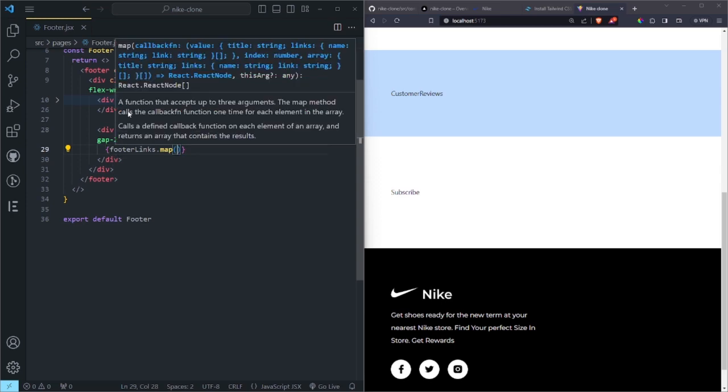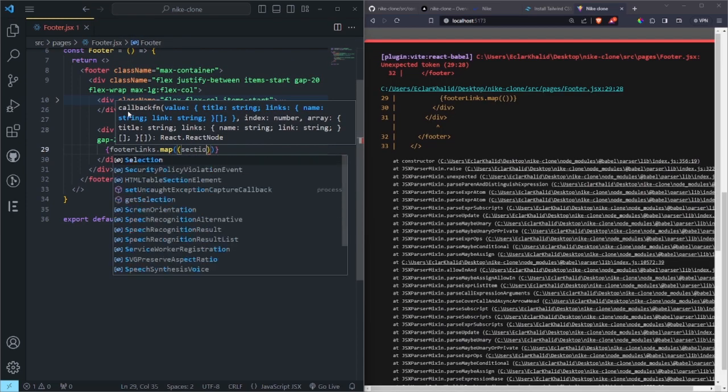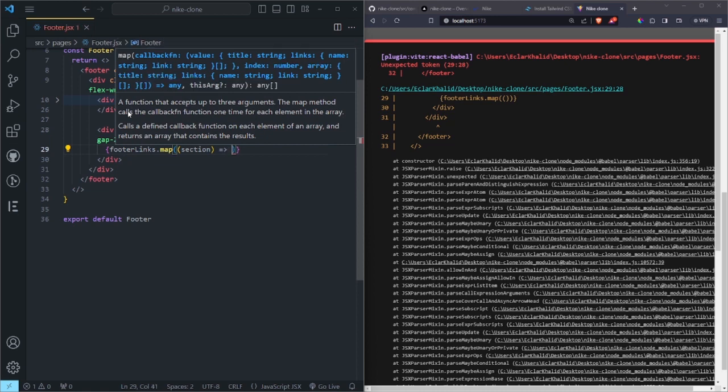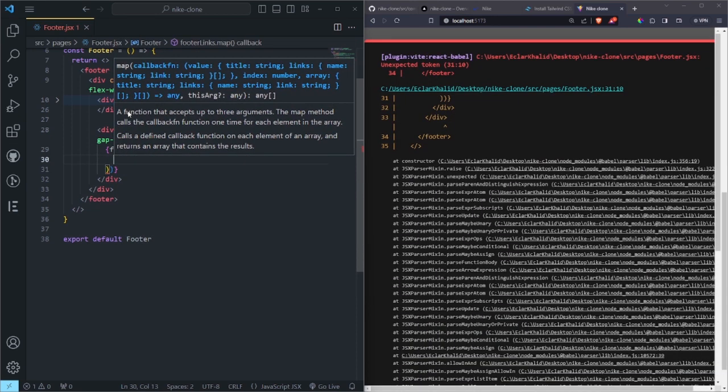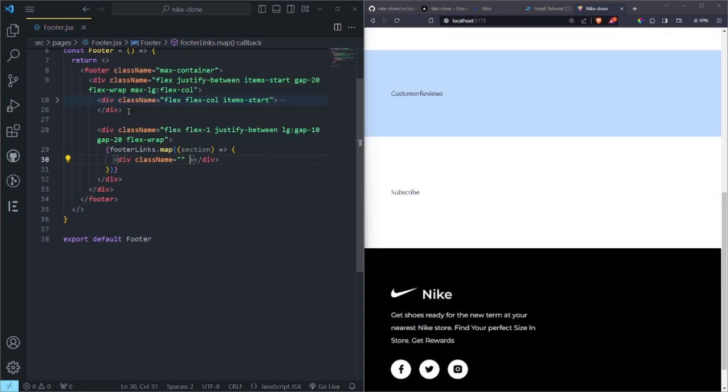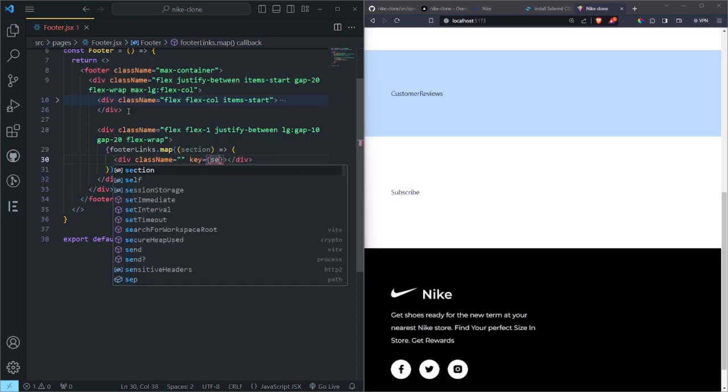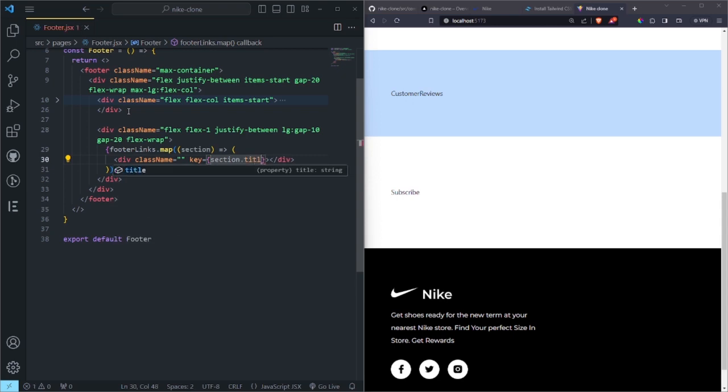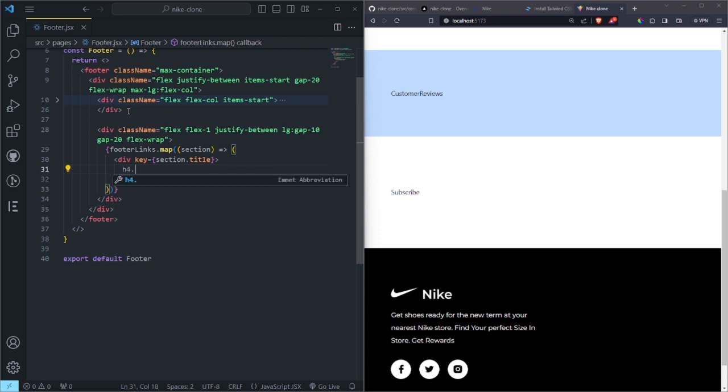And then now inside here we want to map our links, so it's going to be footerLinks.map, and then we want to map section, and then function, and then we want to add a div here, and then this div is going to have a key of section.title. And I created a video on how you can create a footer, you can go and watch that, but they are just something similar, so let's just stick with this one. So this div is not going to have a class name, so let me remove this, and then inside this div we can do an h4, and this h4 is going to have a class name of text-xl,